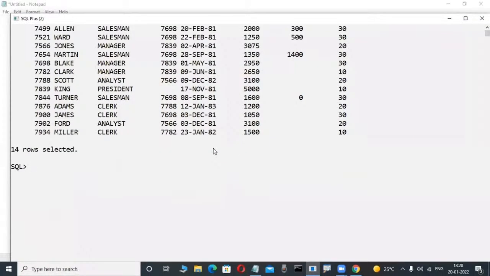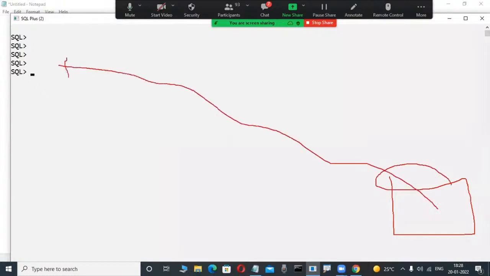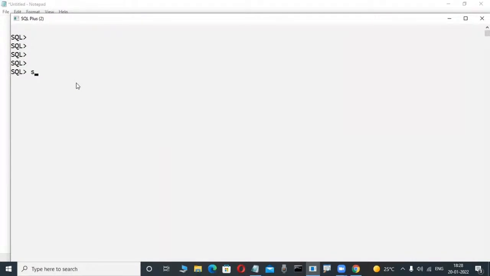Here your SQL programmer, where the data is there, fetches it by writing queries. These are called queries. Observe here: select star from table name where hire date is less than or equal to 1st January,